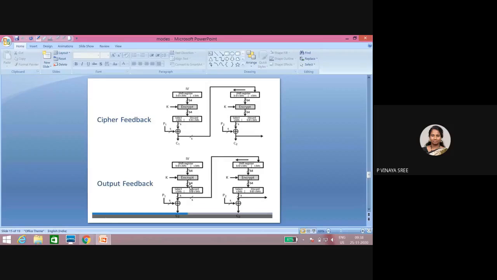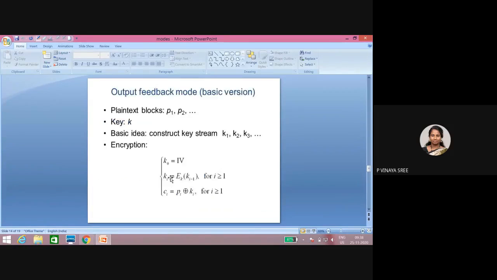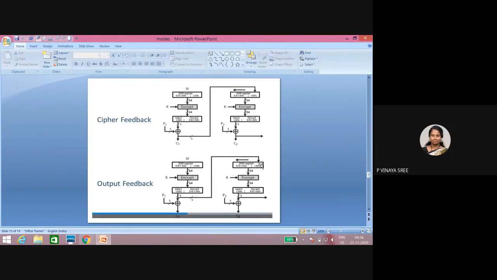we encrypt with the key, so we will be generating 64 bits. These 64 bits will be given, so this is your key. That's the reason that K2 equals, let us consider i is 2, we are encrypting with K2 minus 1. Are we doing it with 1 only? Yes. Here you are encrypting with K1's position, but there you are encrypting with C1's position. But you must know the difference, which one is the advantage, everyone must know.